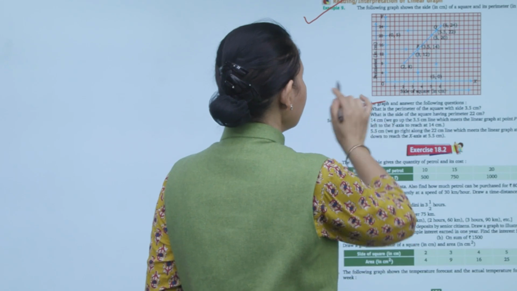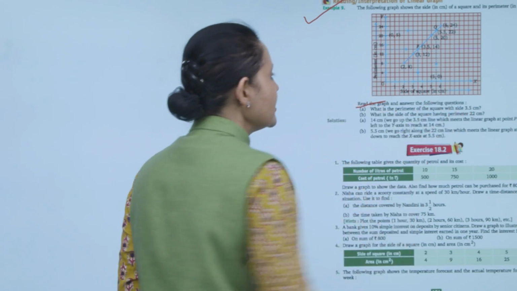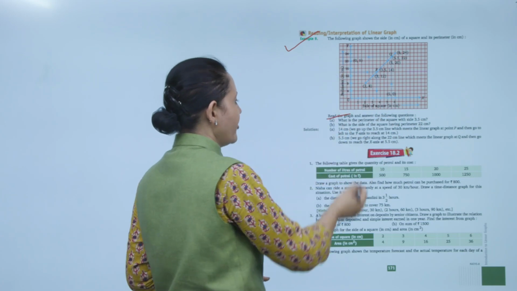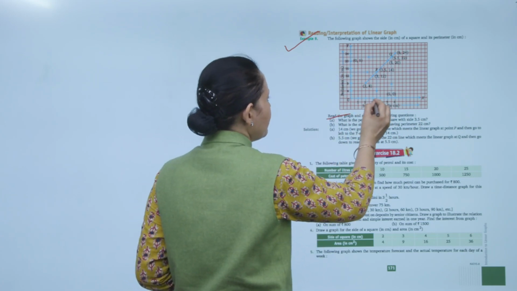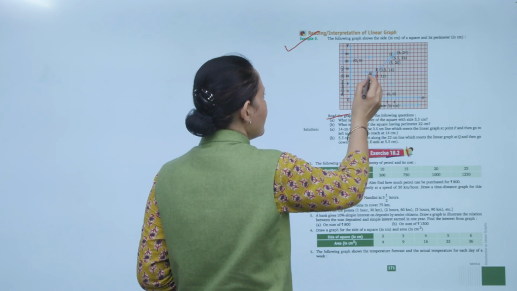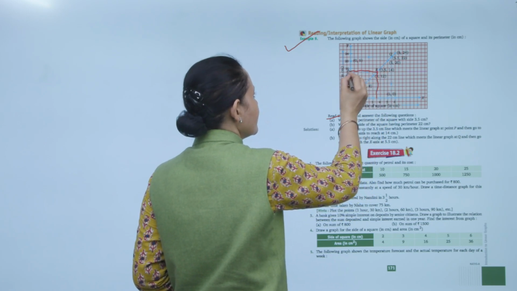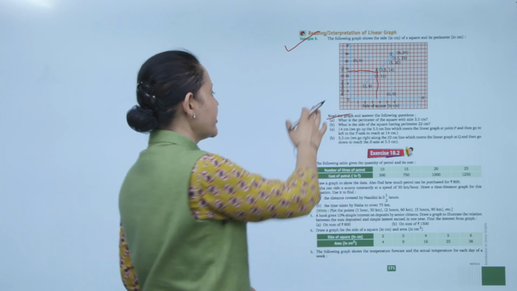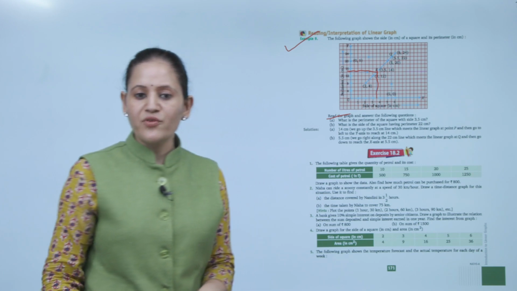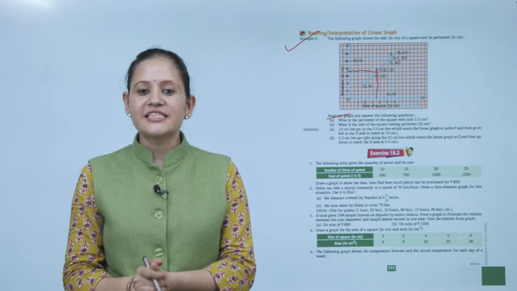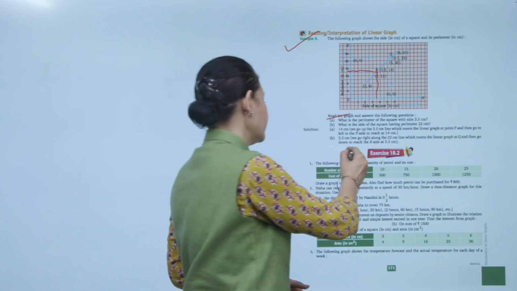3.5 centimeter side है, here it is perimeter, here it is sides. So x-axis पे we have taken side and here the perimeter. X-axis पे we see 3.5, it's here 3.5. So we'll see its value along the y-axis. So that is equals to 14. So y-axis पे 14 है, that means perimeter क्या हो जाएगा? 14 centimeter. Clear? Next is exercise 18.2.